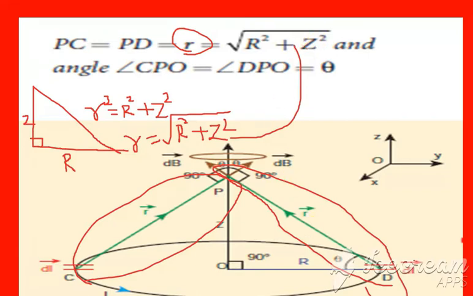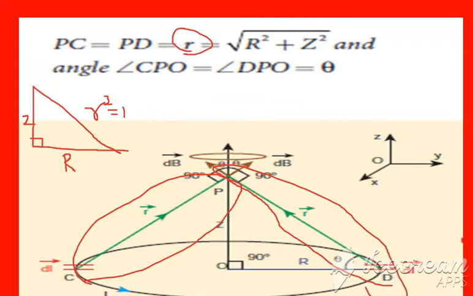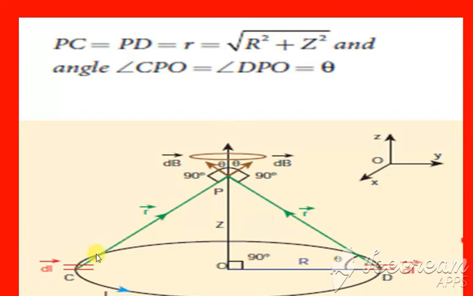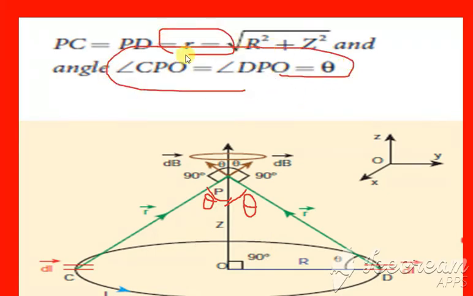Then we are also considering the angles. What are all the angles we are considering is the angle CPO. Okay, so here we have the angle CPO. This angle is marked as theta, and in the same way DPO. This angle also we are writing as theta. So we have taken the value of theta and we have got the value of r also. Now we are going to take